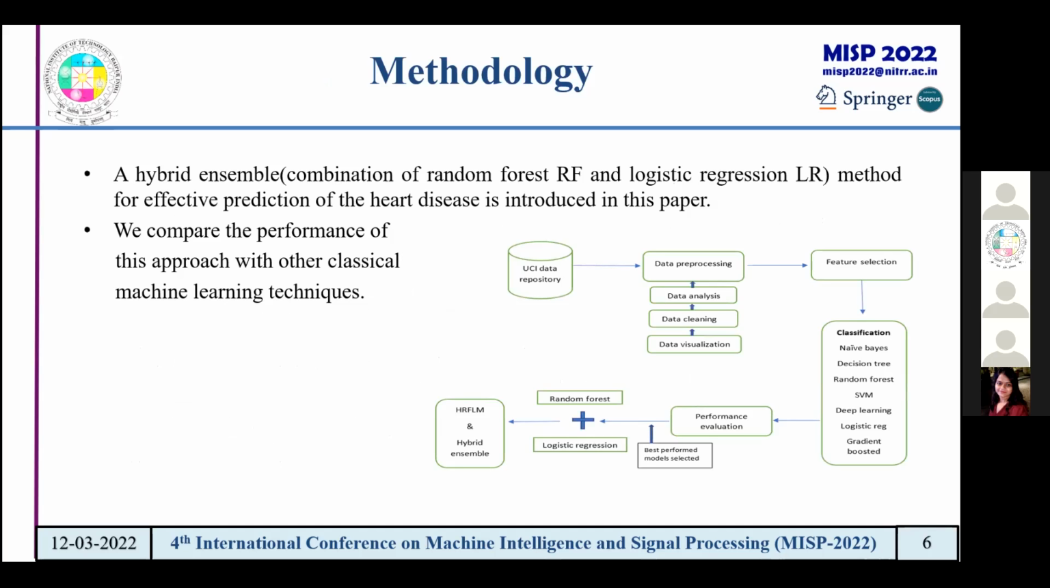And this is our methodology. We took the UCI data repository, sir. Initially, we pre-processed the data, i.e., we did the data visualization, in which, in order to know the number of attributes and features we are dealing with, then we went on to the data cleaning. As you can see in the flow chart, in the data cleaning we removed the missing values and